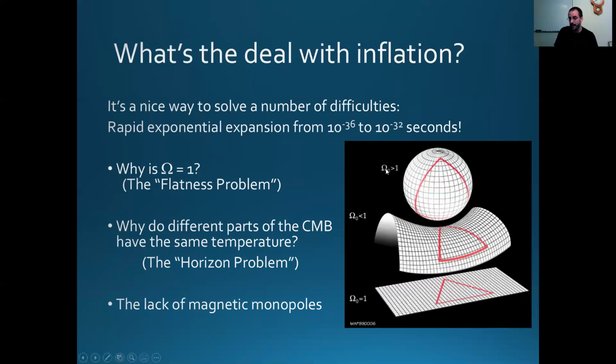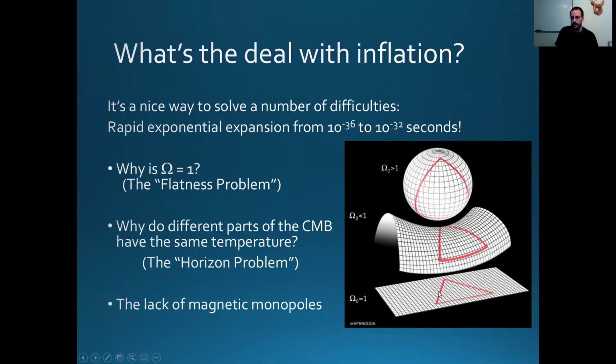If omega is greater than 1, the universe is actually positively curved. It's kind of like a ball, or another way to think about it, it's kind of like Pac-Man: when you go off one edge of the screen, you come back on the other, the screen kind of wraps around on itself. We would have a closed universe, and the angles of a triangle are actually greater than 180. If the density of the universe is less than 1, then it has what's called negative curvature, or it's curved like a saddle, it kind of curves up one way and down the other way, and then the angles of a triangle are less than 180.